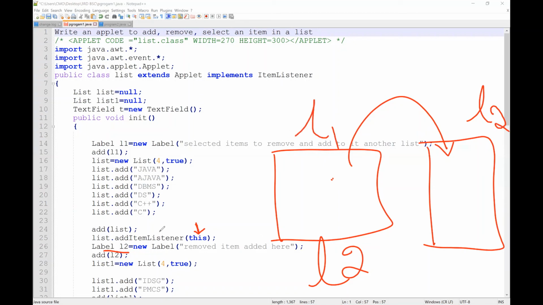In this new label, we write: removed items added here. Removed items will be added to our next list. Let us give the list as 4 rows. The number of rows will be 4, but by default we are adding only two elements to it, and it may be anything.